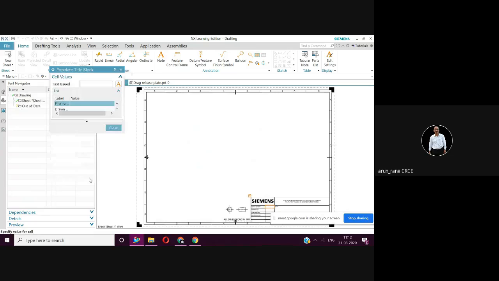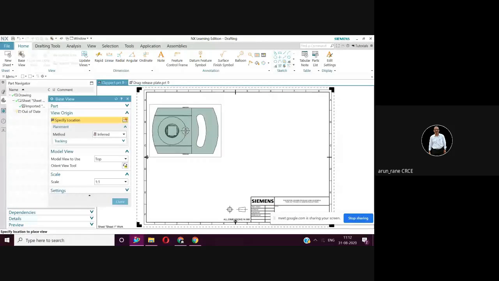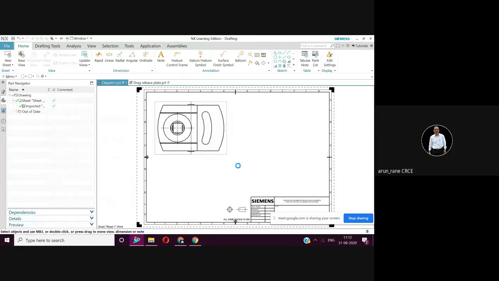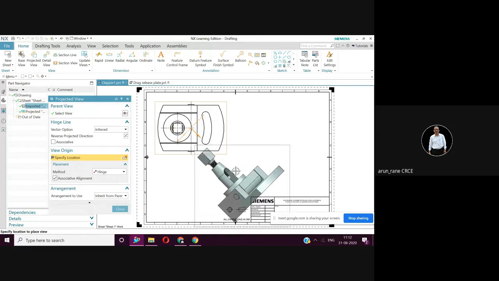Say OK. Close this. We have this component. At the same time, I will draw one assembly also here. We close.